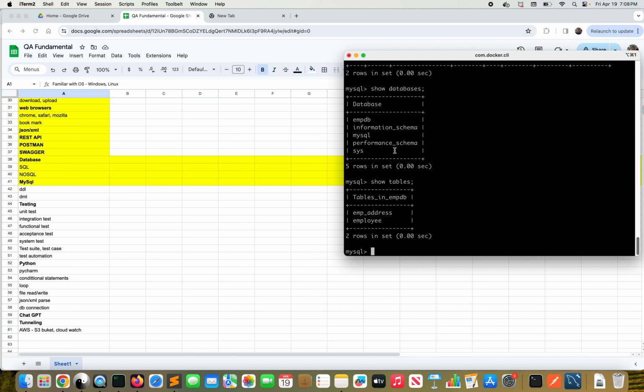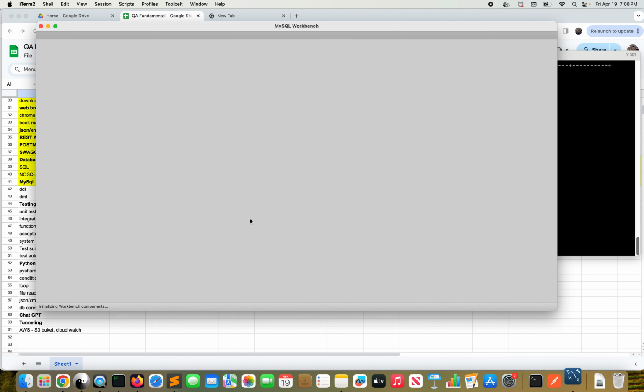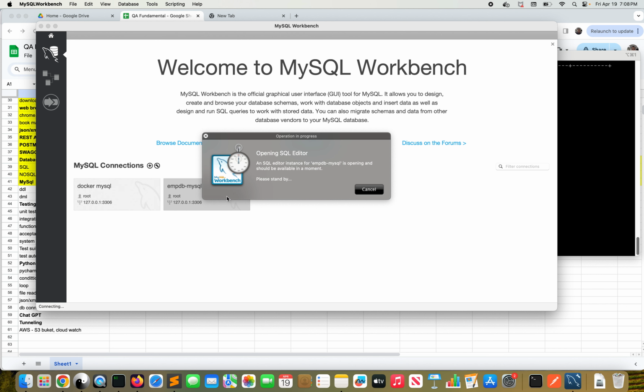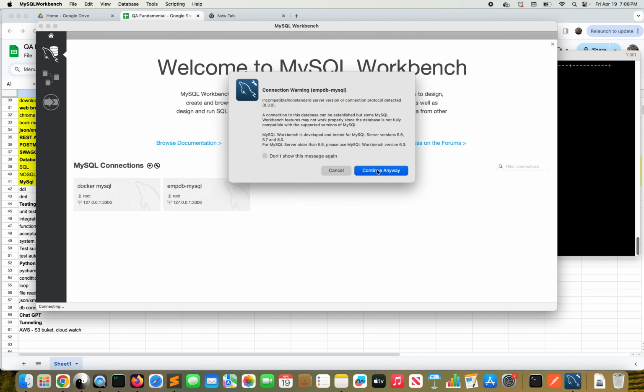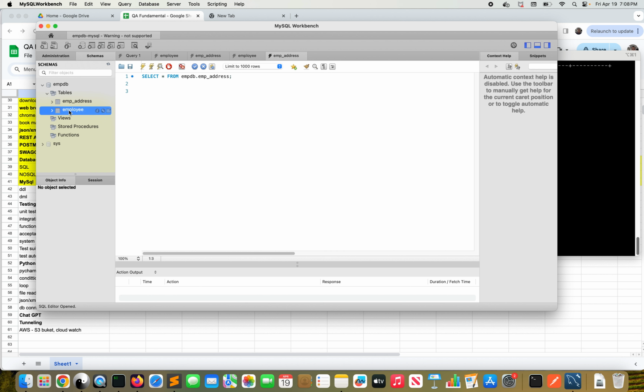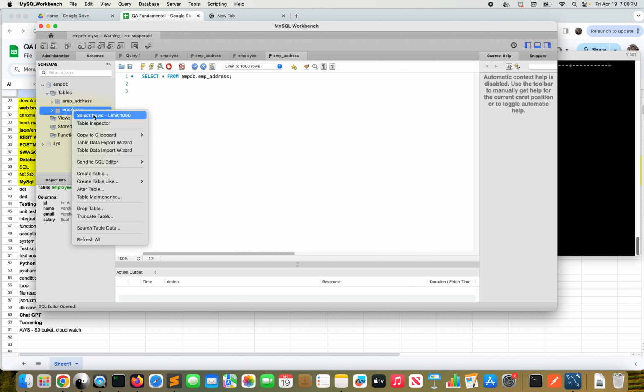Yeah, so we can run MySQL from here, or we can use MySQL Workbench. So let's try MySQL Workbench also. Under Schemas, in empdb we have the tables, employee. So we'll see a few queries, how to see the data inside this. So, let's say inside